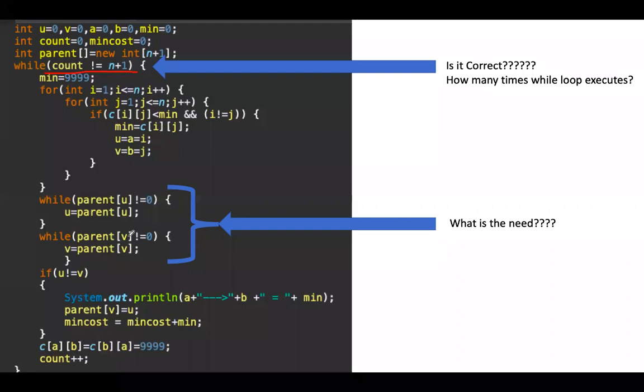Use some other graph and find out what is the role of these two conditions here, and whether this condition is correct or not. You have to find out the answer, write the solution, and upload it. Is it clear? You have to upload it before 8:30. I will not even wait till 10. I will end the classroom assignment itself. After that, it will not take the assignment. 8:30 is the deadline. Find out the answer and upload it.